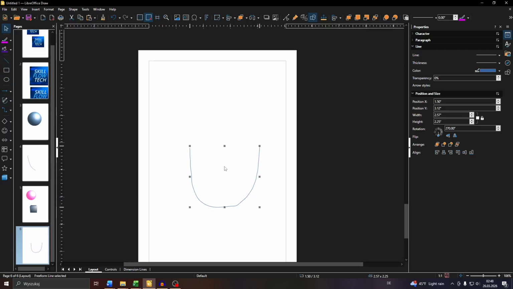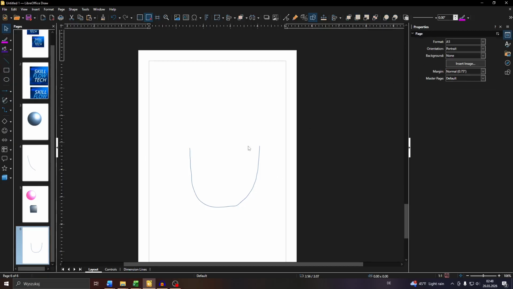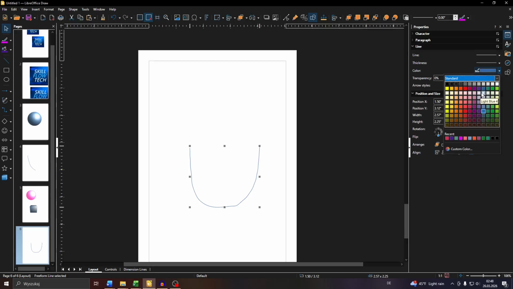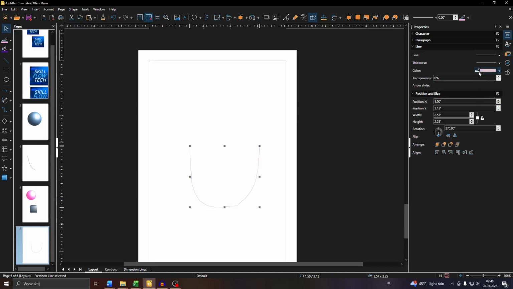And here to the right you will see the properties of the selected object. In this case here, that manually drawn line is the object. So here you can expand the line tab and customize the line thickness, the color change, for example, adjust the opacity here,